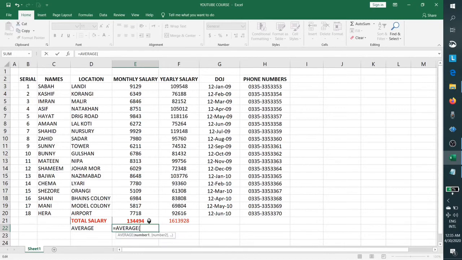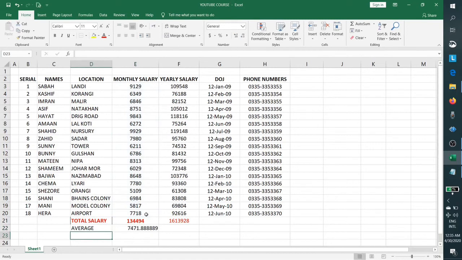Now it is asking for numbers, so we'll select all the cells, close the braces, and this is the average. 7471 is the salary average for our range.